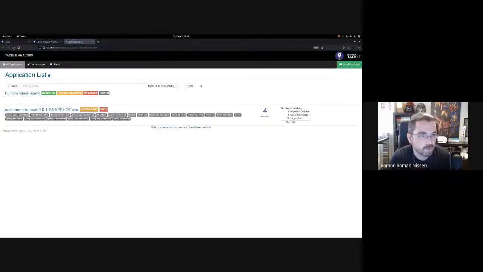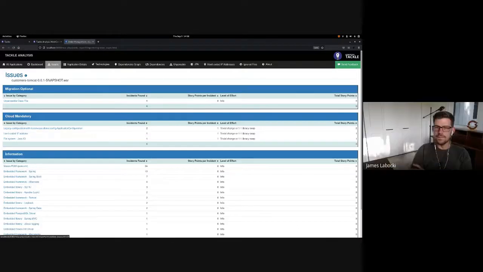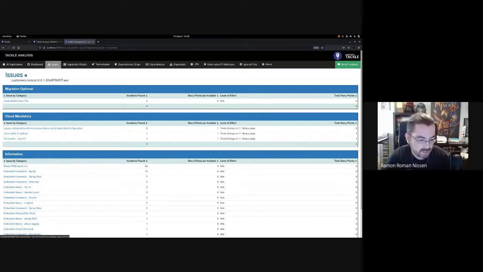This is the kind of report that the Tackle analysis tool generates. We can drill down into each one of the applications. In this case, we only analyzed one. And the most interesting thing that you get from here is the issues tab for sure. This shows you the list of issues that might prevent an application from running on the designated target runtime. So in this case, these are the things that might prevent the application from running on a cloud environment within